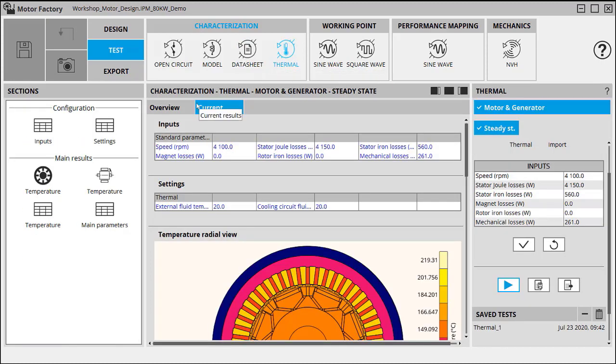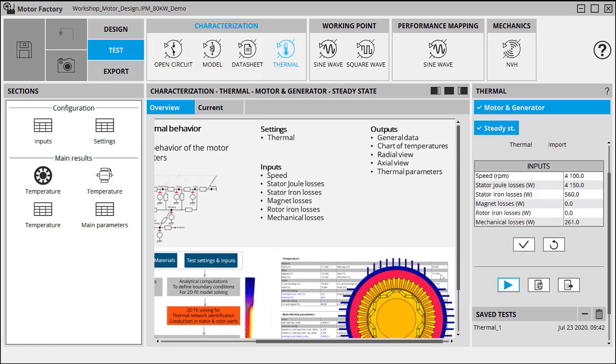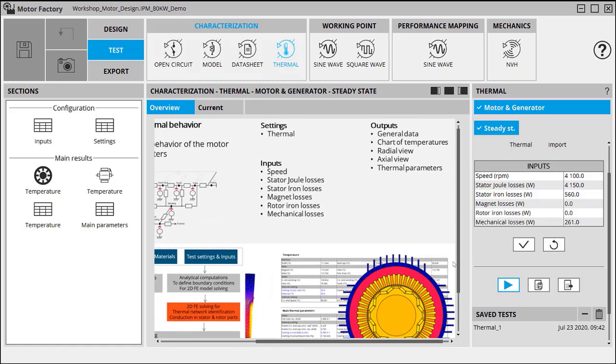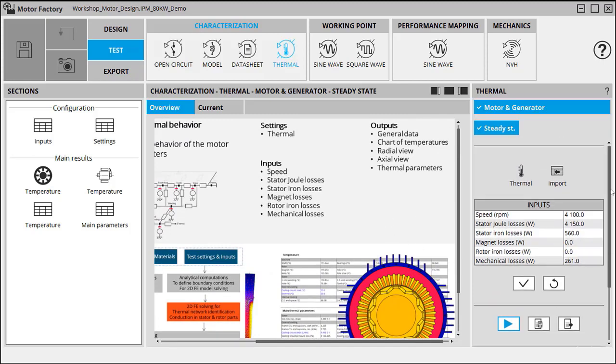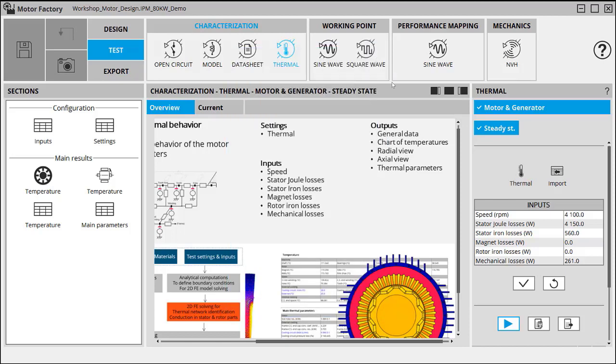The next test is the steady state thermal test. Again, this is used to evaluate the temperature distribution inside the machine. So the main input here is in the thermal setting, where you can put the temperature of the external fluid and the temperature of the fluid in the cooling circuit. And you can put a set of losses here. So you need the losses in the stator,